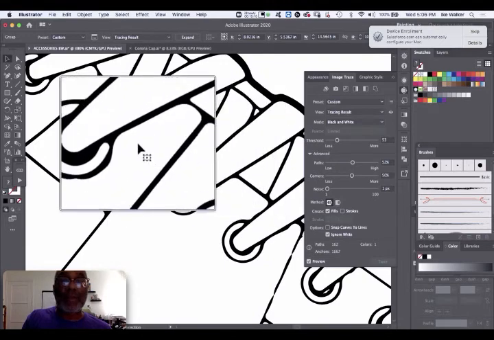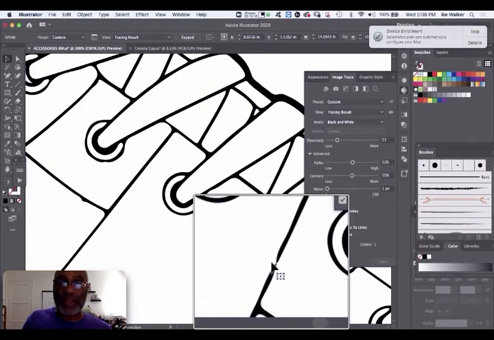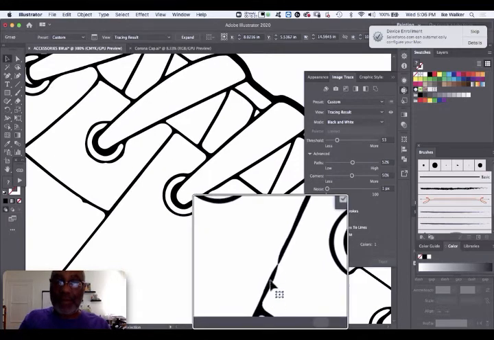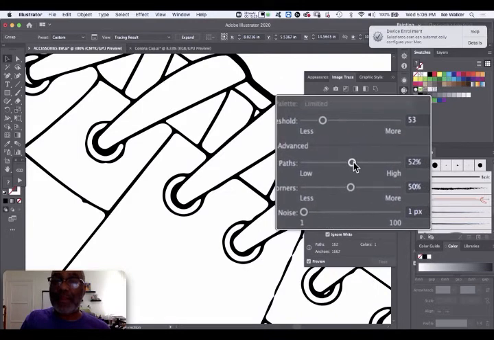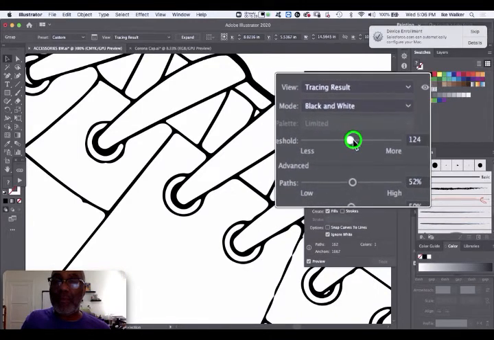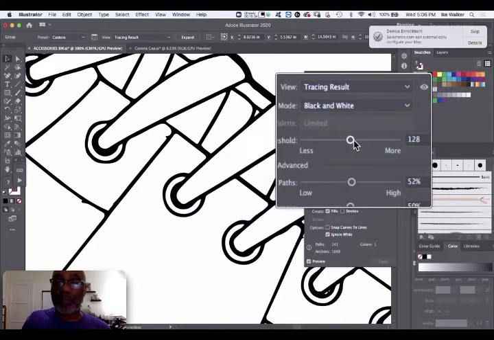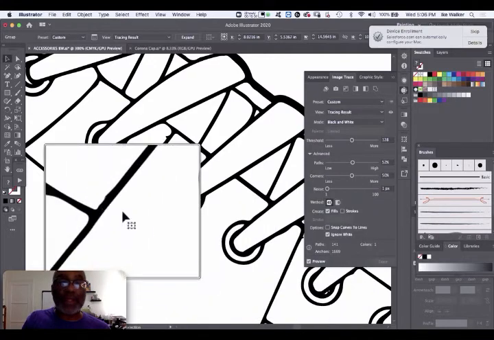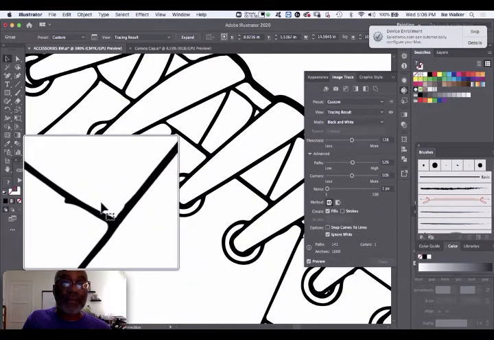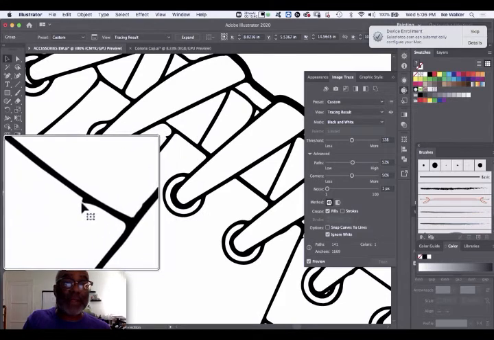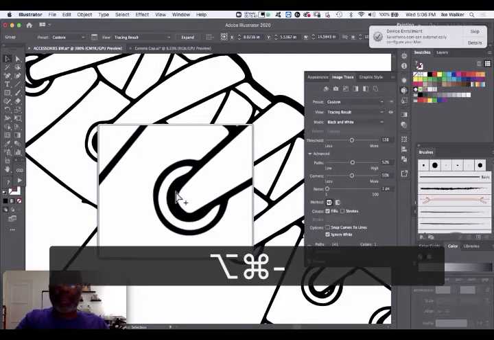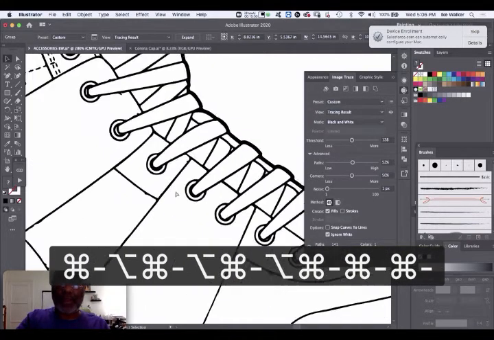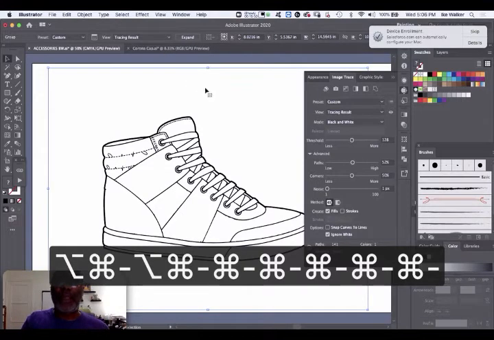So you're looking around, seeing how the lines look, and see this line here. We have a little issue, so they're very thin. So I'm going to do medium threshold, and now it fixed those lines. And you can use Illustrator Eraser to clean up these little bumps if you need to. So now you have a clean image, and after you do that,